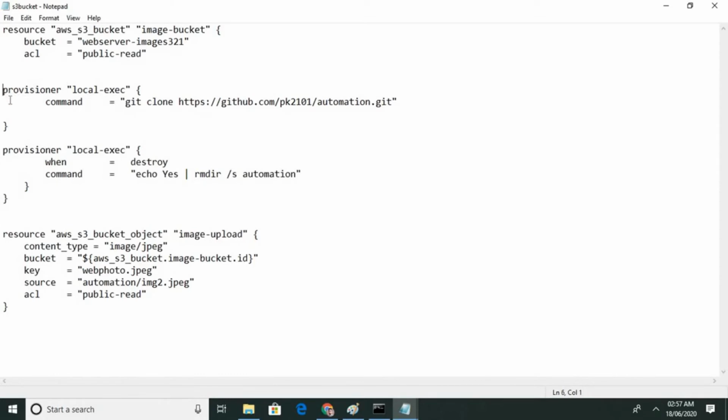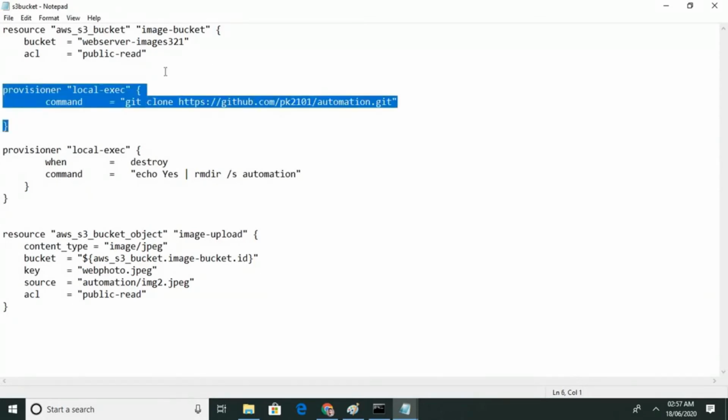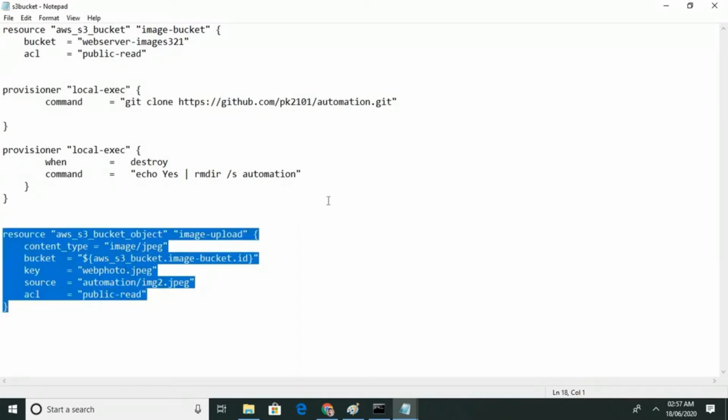This is going to download it from GitHub to my local system, and here it will upload the image that we have seen in my GitHub account to the S3 bucket.